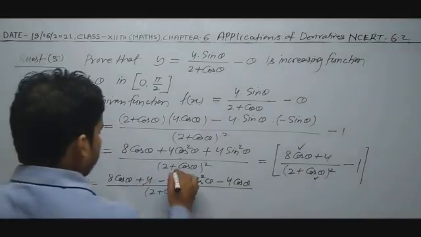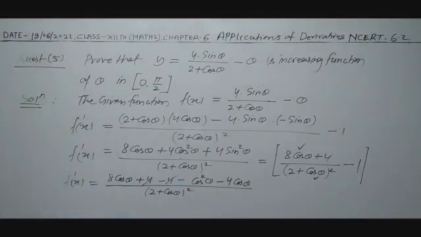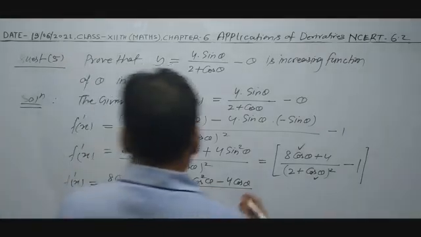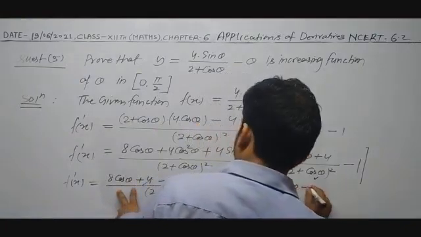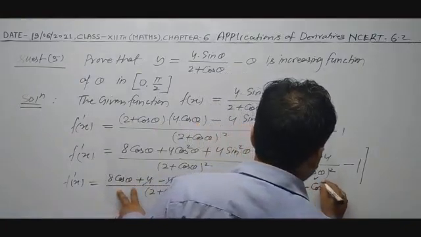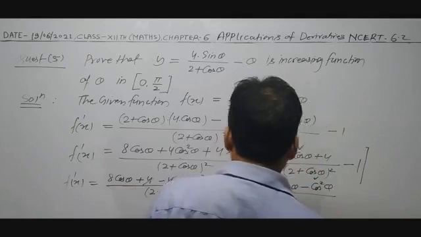The plus 4 and minus 4 terms cancel out, and this result is 4 cos theta minus 4 cos square theta. After taking cos theta common, what result do you get? You get 4 times (cos theta minus cos square theta) whole upon